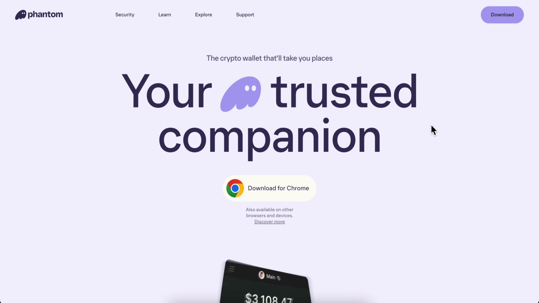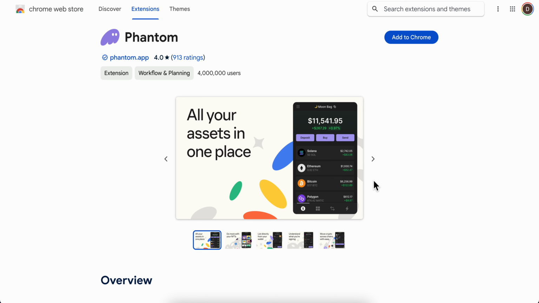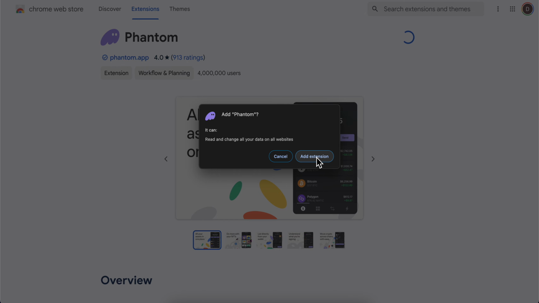How to use Phantom Wallet extension. So what you're gonna have to do is simply open a new tab on your browser and search for Phantom Wallet extensions. Then click on the first link, which is from Chrome Web Store, and then you're gonna see something similar to this. So all you have to do is simply click on Add to Chrome